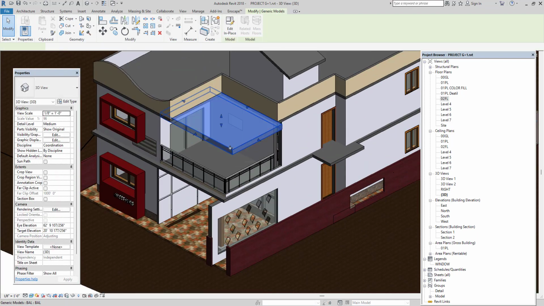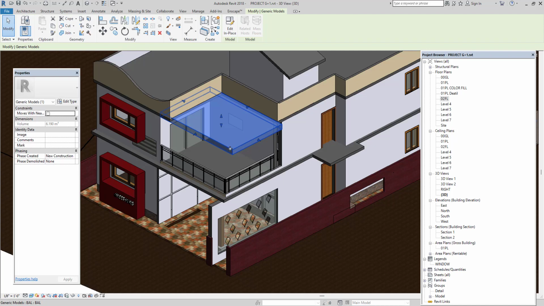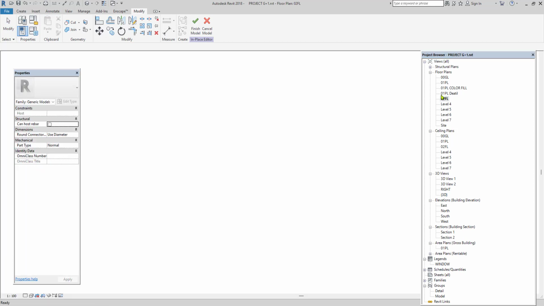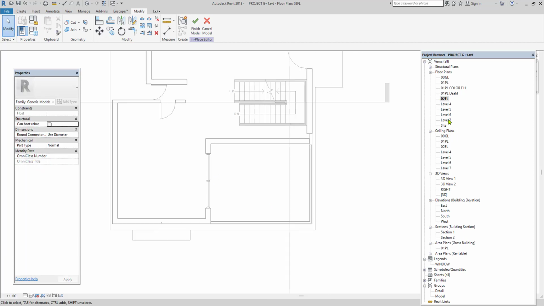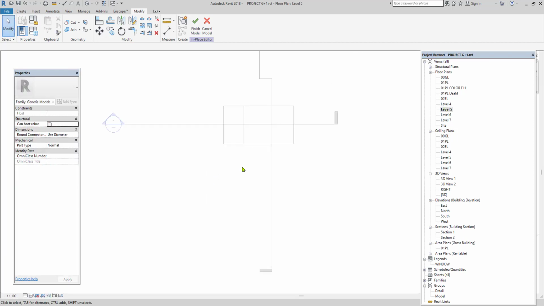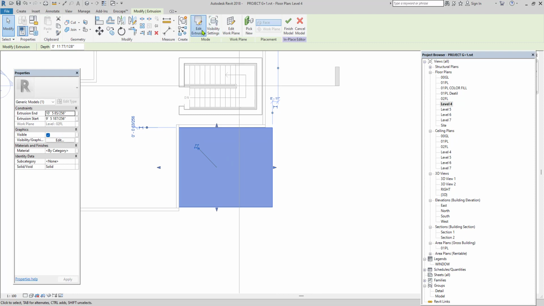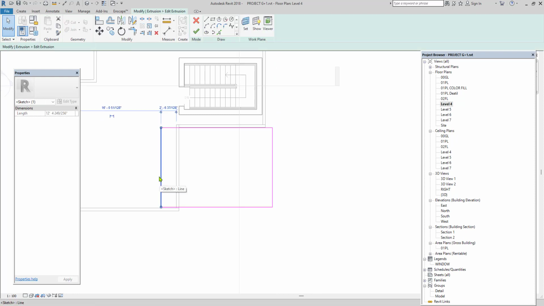So I just want to do the other design stuff. For that, clicking it again, edit in place, going to the same floor. Here, edit it, reducing the width according to the layout.